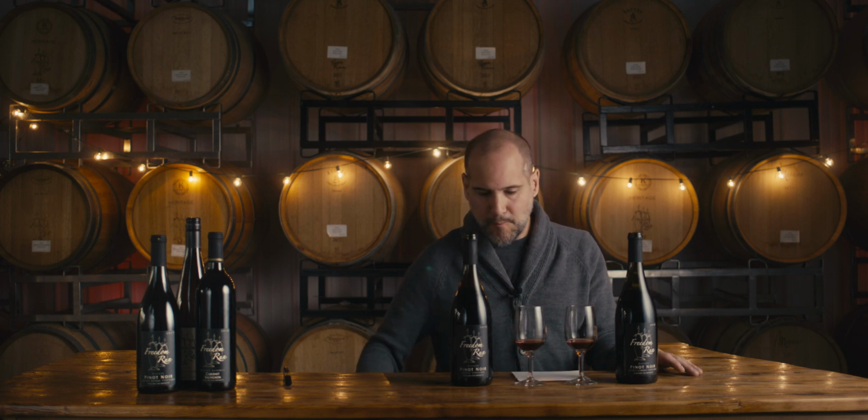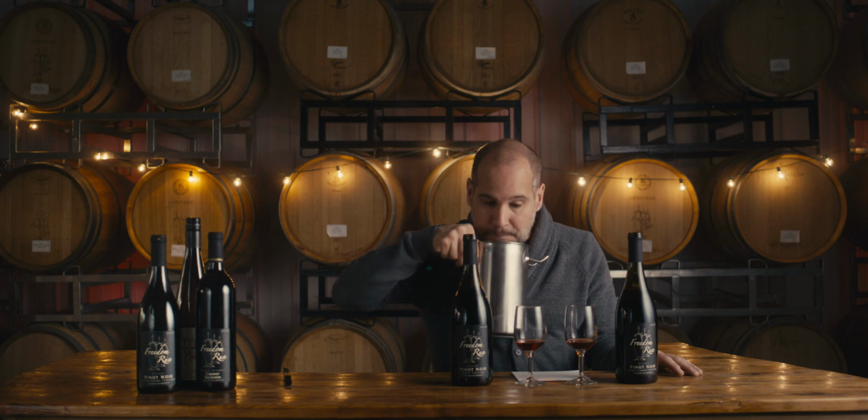See how the Quast feels. Those dark fruits just pound through. And following through on the palate, it is much more structurally substantial. A little more tannic up front, but still in the world of Pinot Noir, it's still soft and easy on